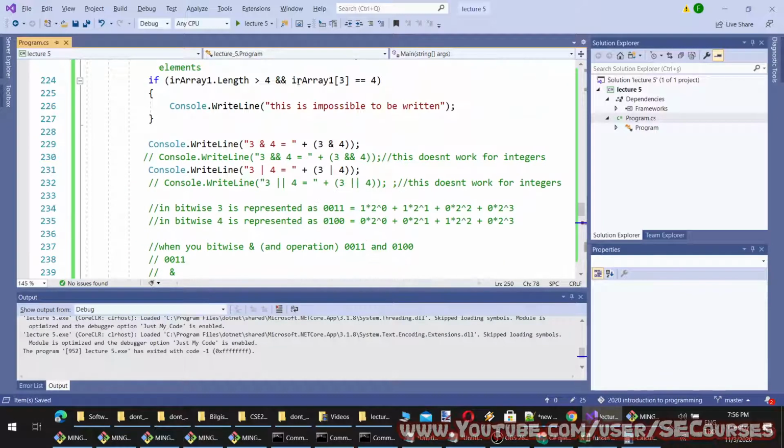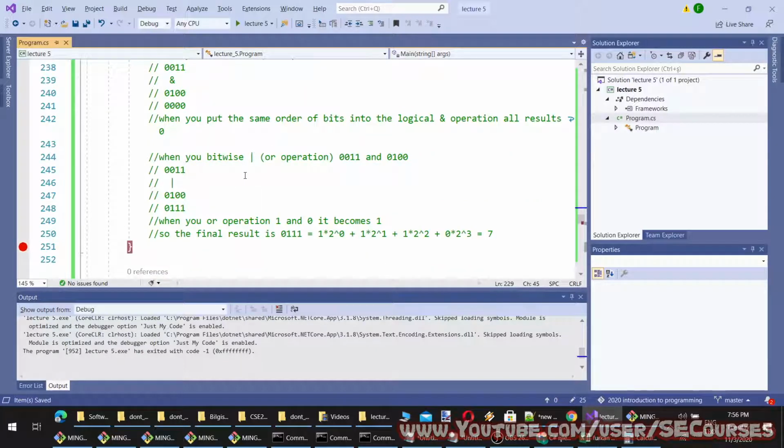That is why this operation product is 7 and this operation product is 0. Okay, try to understand this. Numbers are represented in bits; everything is represented as bits in the computer.